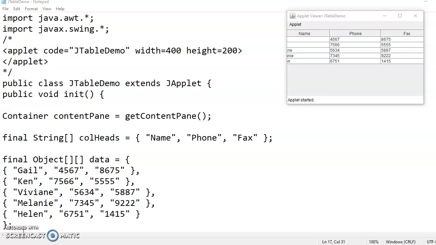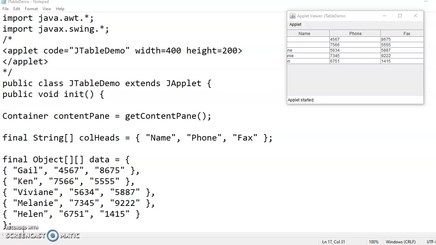The similar kind of output structure, a structure consisting of rows and columns, we can create in Java by making use of a class called JTable. On the right hand side, you can see an output which consists of a very basic table. Here the table consists of 3 columns and 5 rows. The 3 columns with the names name, phone and fax are the 3 column headings we can see, and under these 3 columns we have a set of 5 rows with different data.